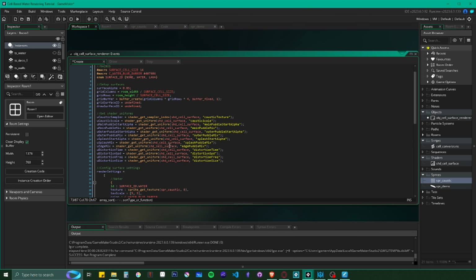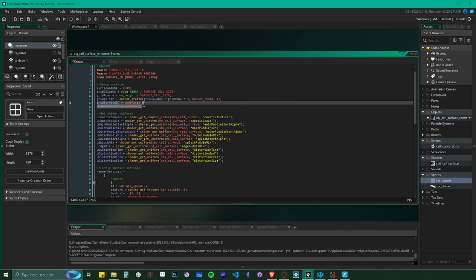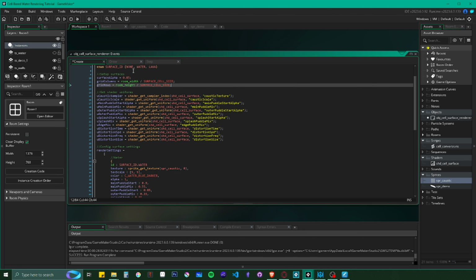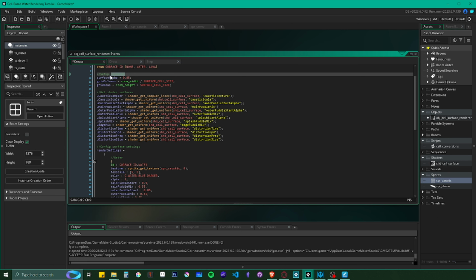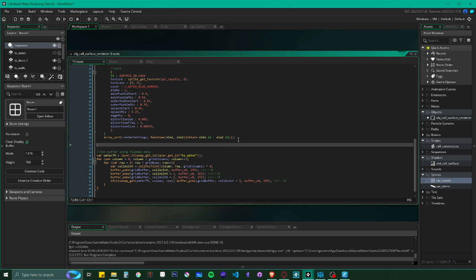Cool. Now we need to add a bunch of surfaces for the number of surface IDs. Well, I guess we'll just do it based on the number of render settings. So we need to remove all of these. So it's going to be, we'll just do init, I guess. Ooh, init. There we go. And then we're going to set up the